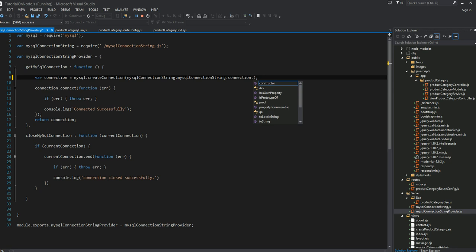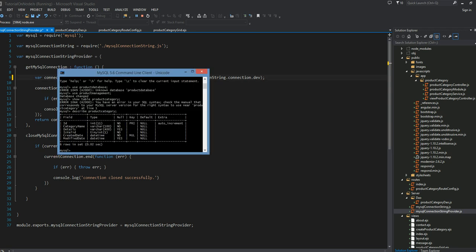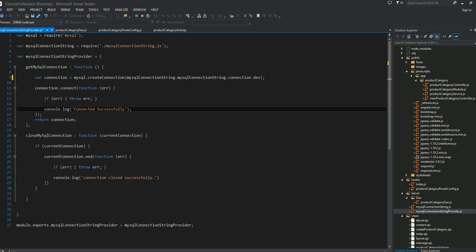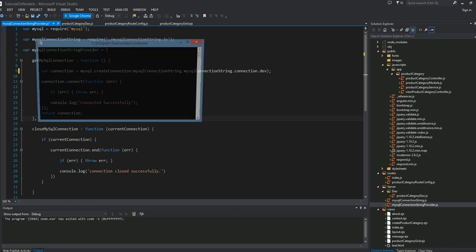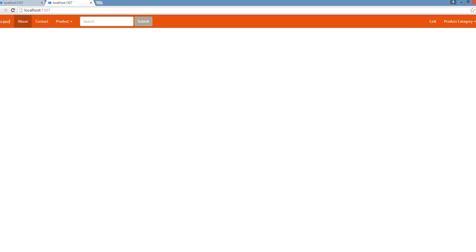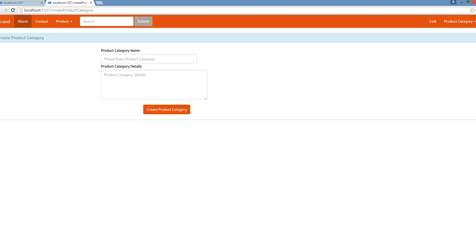So now I'm going to switch it back into a dev environment here. And now it corresponds to my local SQL database that is running right here. Okay, let me go ahead and let's start using this one. Okay, here's my create product category, and then I'm going to say new books,